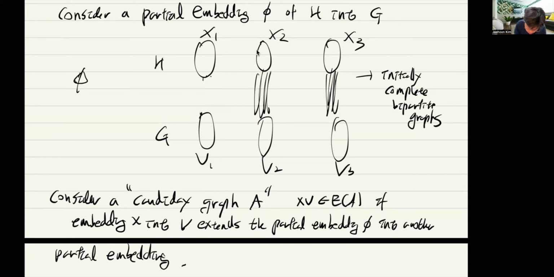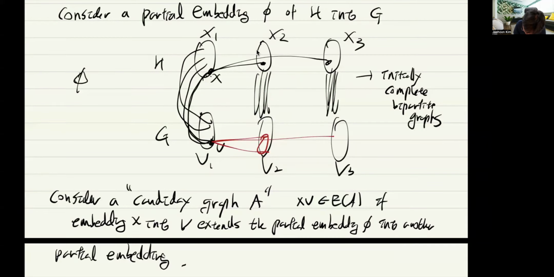And what you do is first you want to find the perfect matching here. So that's how you will map. And then you will update it. How? Now this vertex has a neighbor here, and this vertex has another neighbor here, and this is mapped to here, b, x. Then you consider its neighborhood and then its neighborhood. And now this vertex has to be mapped into a neighbor of this because this is already embedded. And in order for this edge to be embedded here, this has to go to a neighborhood. So